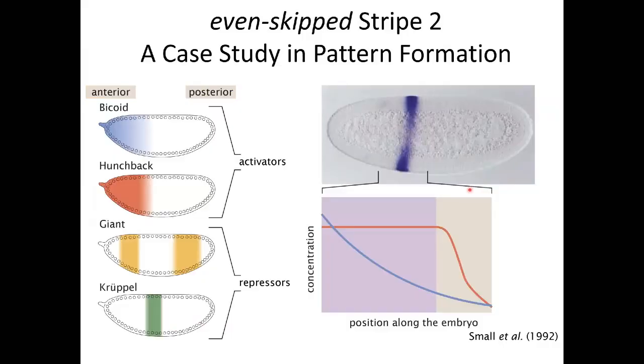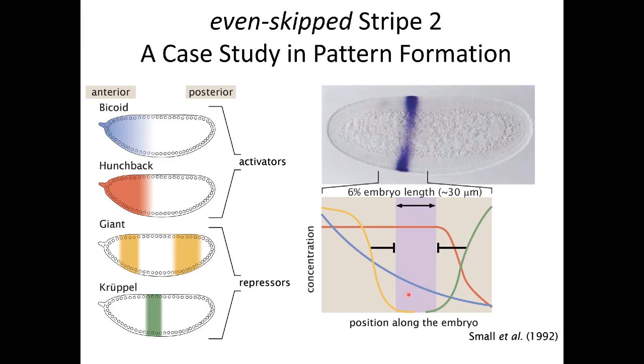And the case study we're going to focus on for most of the talk is probably the most understood pattern of gene expression in all of development, which is stripe 2 of the even skip gene. The stripe is controlled by 4 transcription factors, 2 activators and 2 repressors. Initially, only the activators are present and they give you a broad domain of activation. But later on, the repressors come on and they restrict the domain of activation into this little stripe of about 6% of the embryo length.